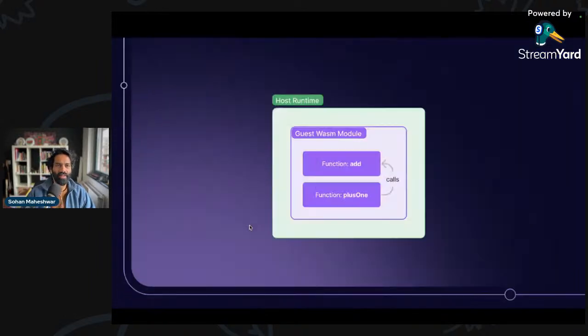Well, this is sort of what a WebAssembly module looks like, right? And there are a couple of terminologies that you have to be a little familiar with. So as you can see here, it says guest Wasm module. That's the Wasm module that we saw earlier with the function called add and the function called +1, one of them talking to each other.